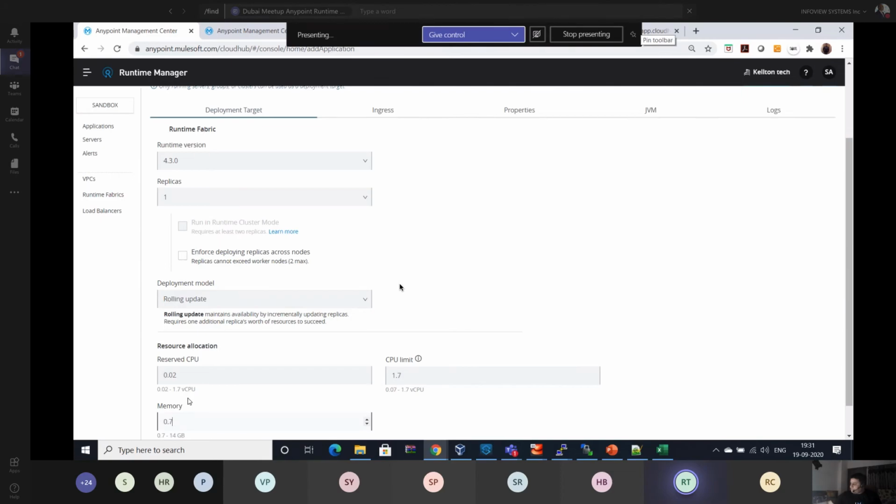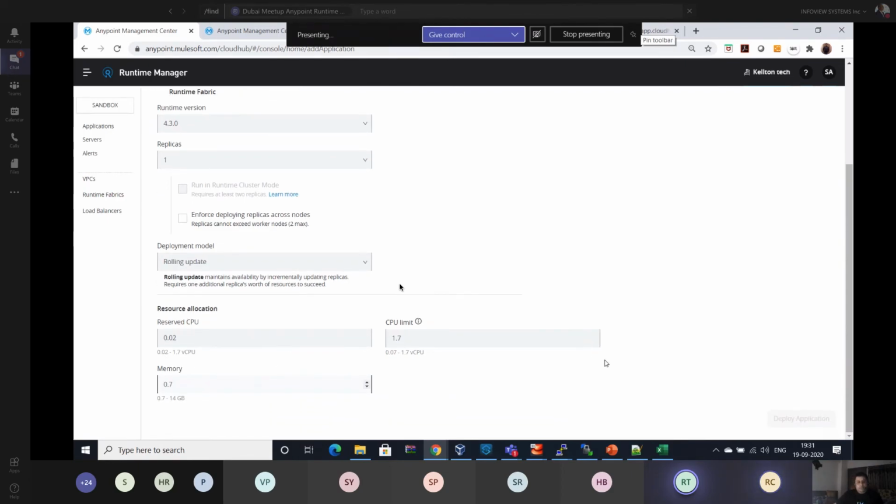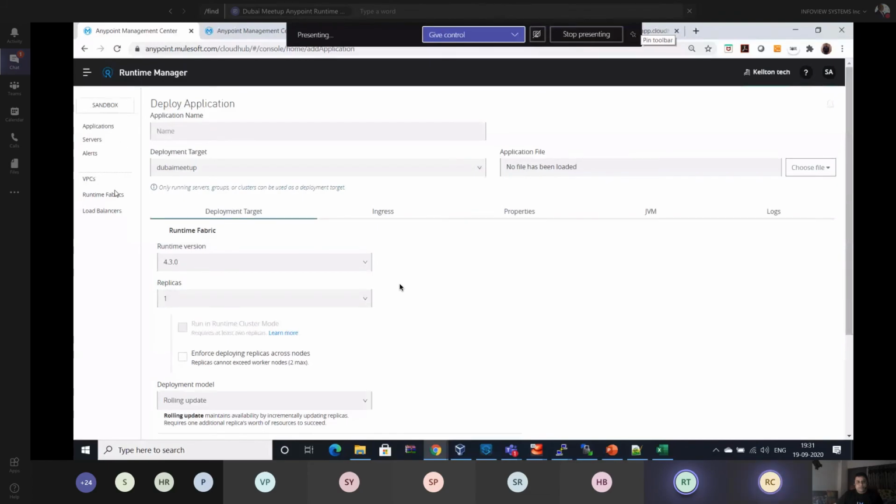Yeah, that is really a value add, because the core is the core driver of cost in MuleSoft. That is right. For an API requirement, you can definitely utilize that feature.